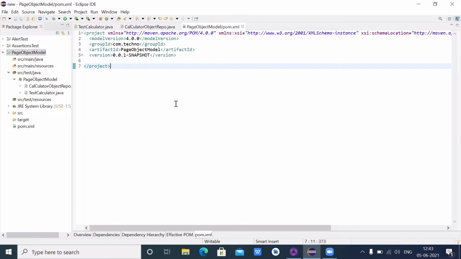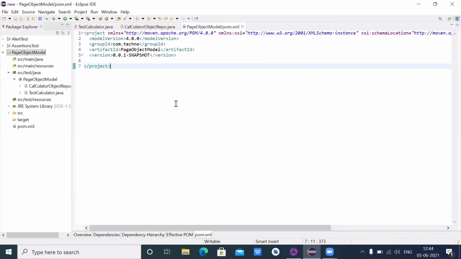The advantage of this model is that it reduces code duplication and improves test maintenance. In the page object model, you create web elements plus methods in one class, and you create test methods in a different class.